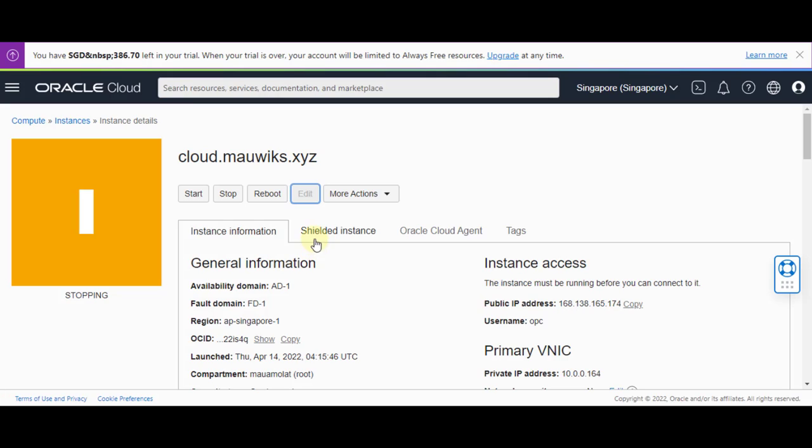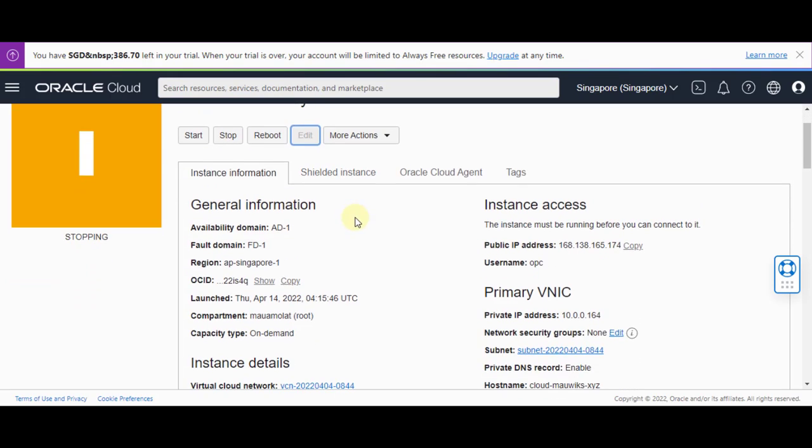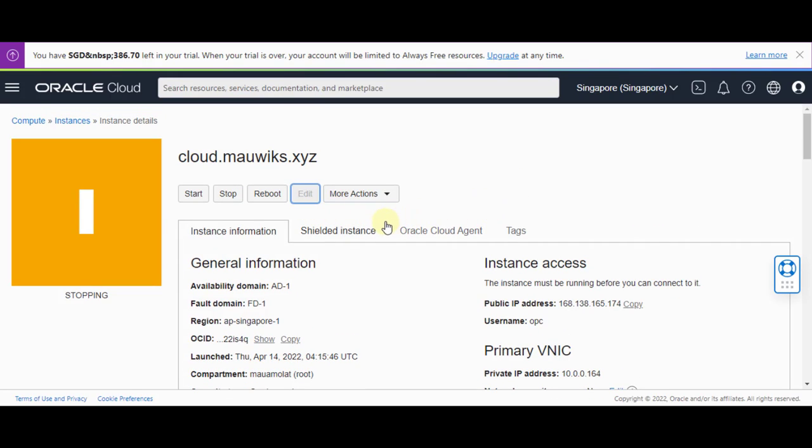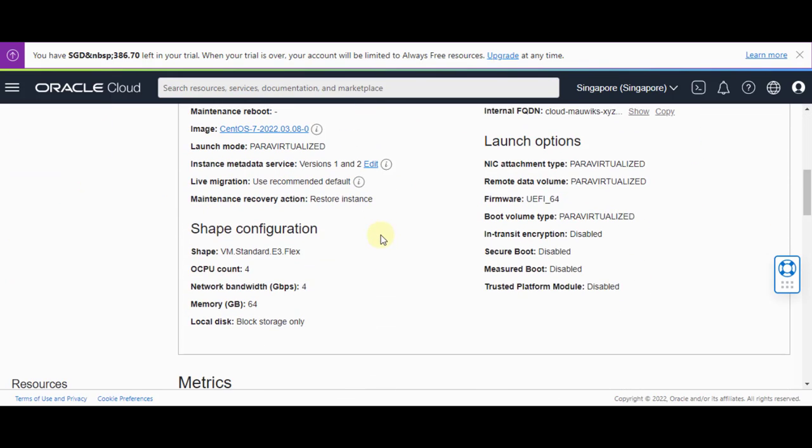I believe it's rebooting. So this is what I'm saying earlier. It will show this color right here if it's still in progress of launching. It's stopping, but I believe it is under reboot, and currently we have